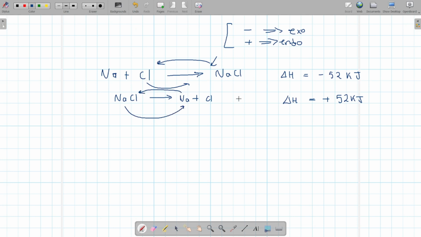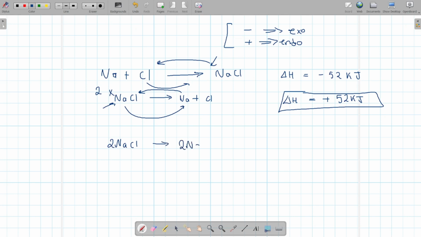You're allowed to do that, but the only thing that will change is the sign of the heat. Okay, also, Hess's law states, it's not really explained well in the law, but you can multiply any equation by any number. So this NaCl is the same as saying 2NaCl